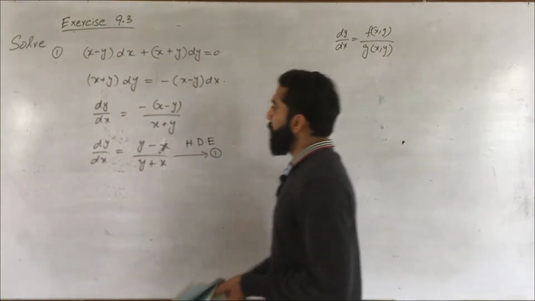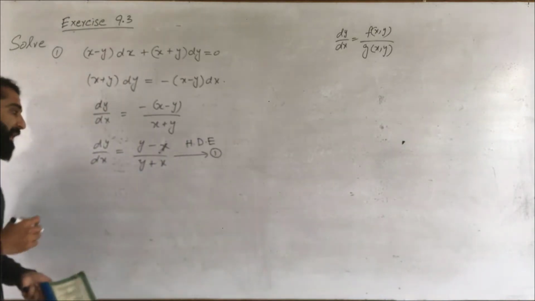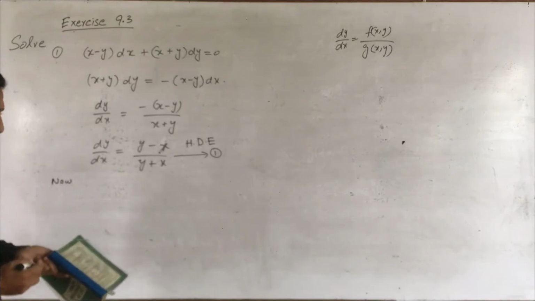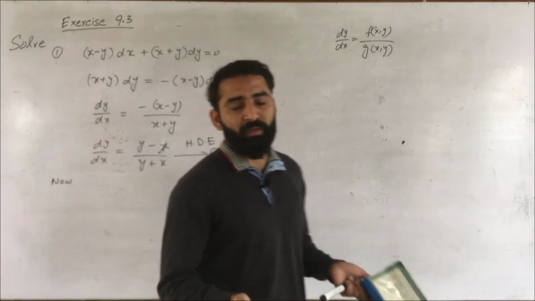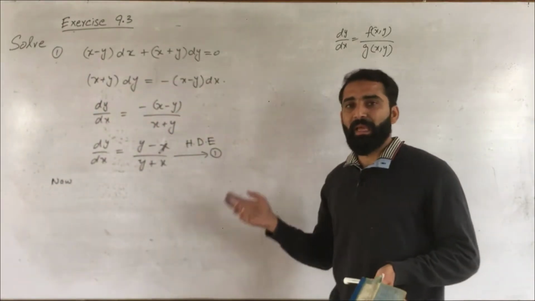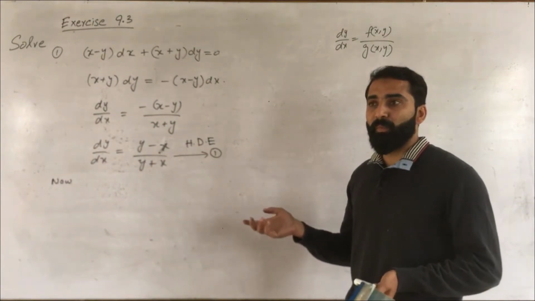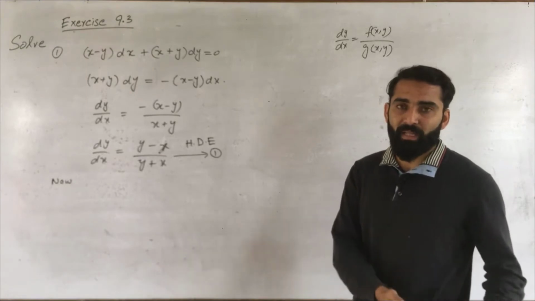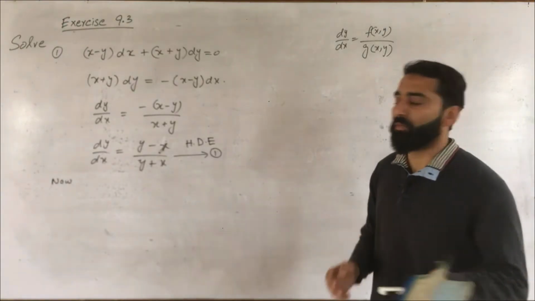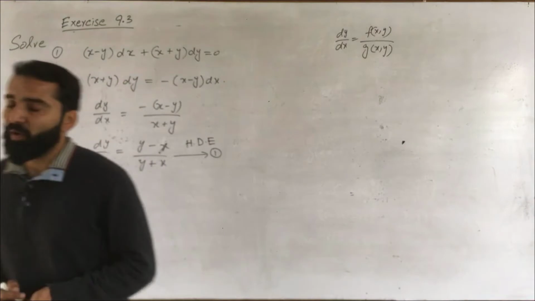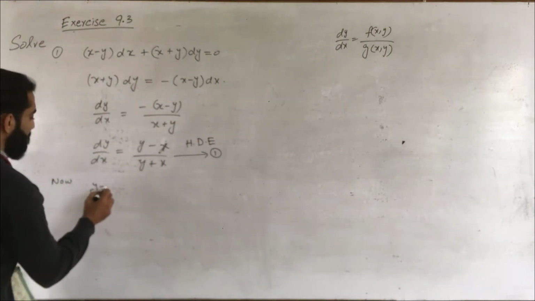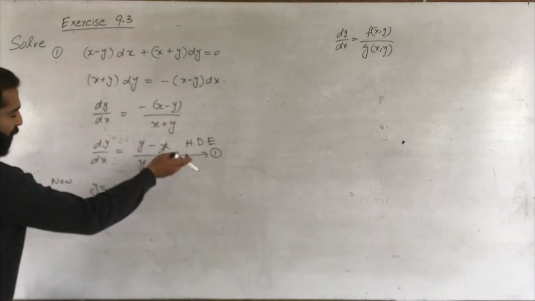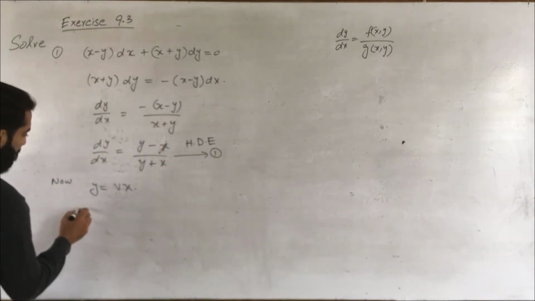So now from here we will put y is equal to vx. The purpose of putting y is equal to vx is to make the homogeneous differential equation a separable equation, so we can solve it by the method of separation of variables. Here it is homogeneous. Put y is equal to vx in equation number 1, taking derivative with respect to x,